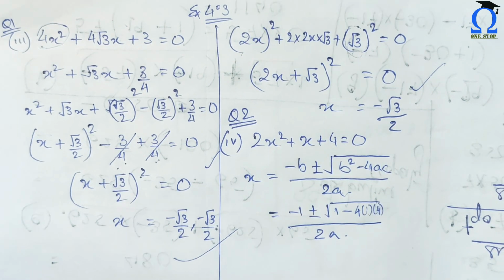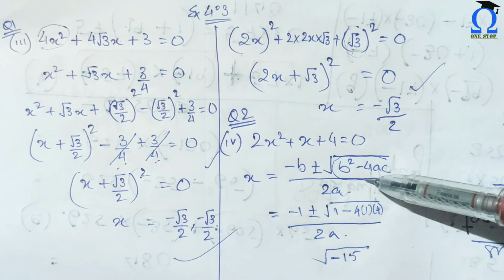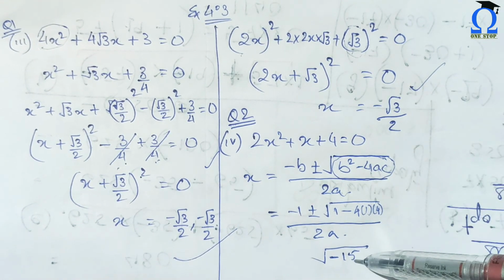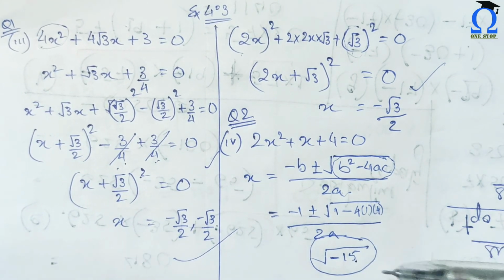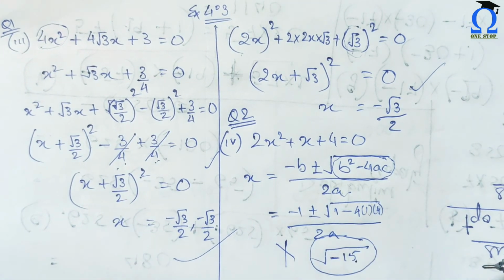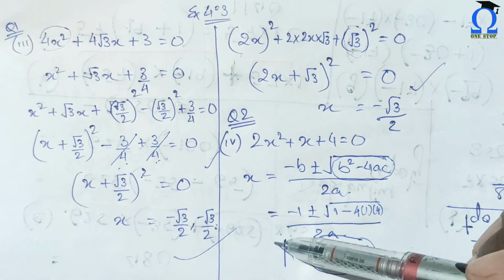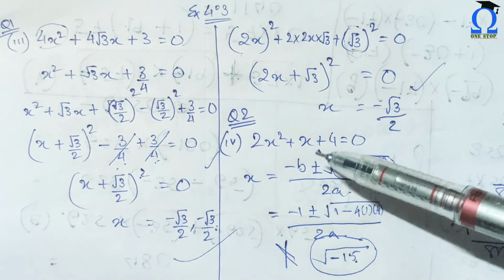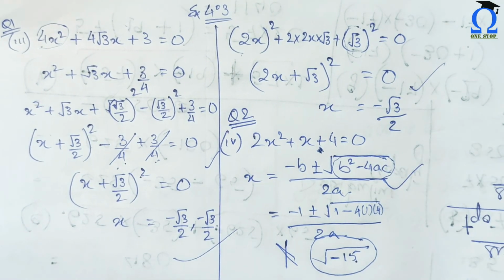Yes. So see here students, what happened when we solved the portion inside this root, we have a negative here. Yes, since the root of a negative number is not a real number, we cannot have any solution for this question. Okay, you can try any method, you will not find a solution for this question. So there is no solution for this question. Understood?